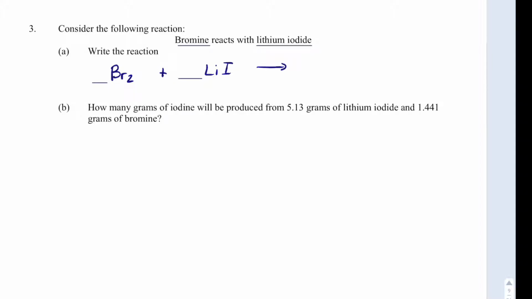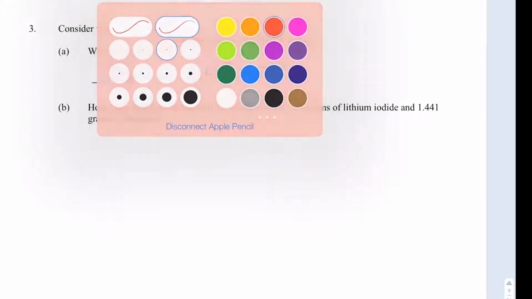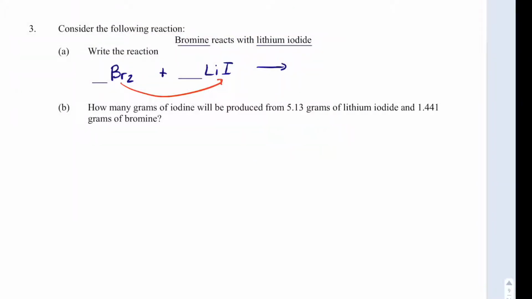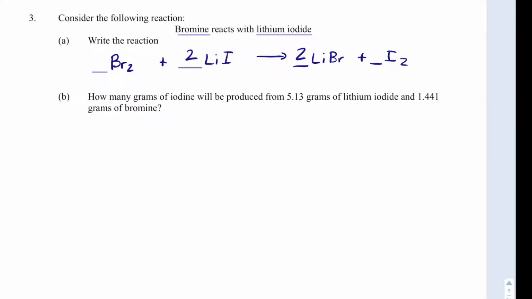And this is going to be a single replacement reaction where halogens actually replace halogens. And so what we get is LiBr plus I2. And to get this balanced, I'll put a 2 there and a 2 there, and it looks good. We are asked how many grams of iodine, which is right over here, will be produced if we start out